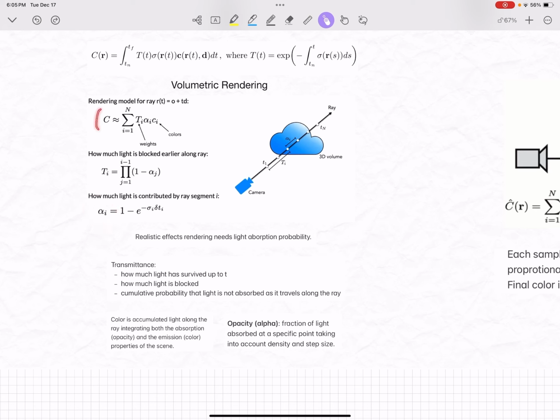And the colors, so this is when we project it back. This is the formula that allows us to project from 3D back to 2D. And it is the accumulated light along the ray, integrating both the opacity and the color properties of the scene. So based on all of the opacity and the colors, I'm going to aggregate them. We usually need to take the integral because it's a continuous space, but to approximate it, we're going to take the sum